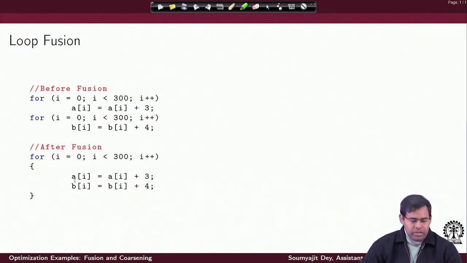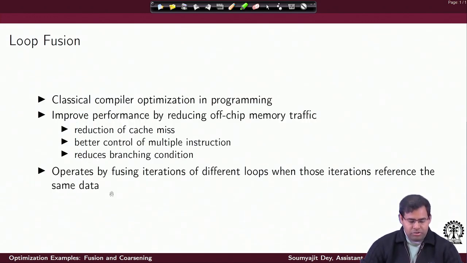What is the good thing about this fusion? In the original code before fusion, we have the condition checks in the first for loop as well as separate condition checks in the second for loop, and that gets avoided. That is the advantage we are leveraging in this case.